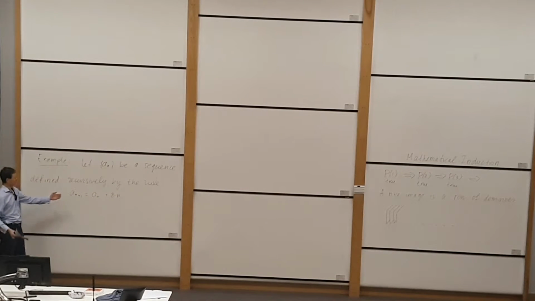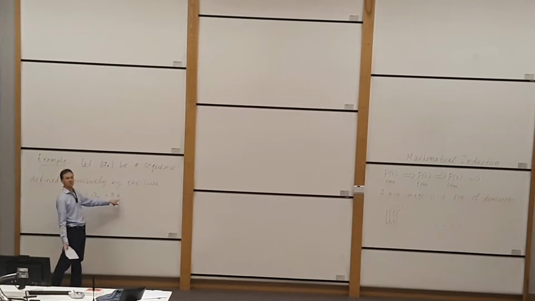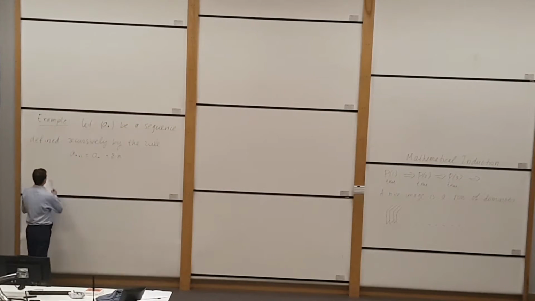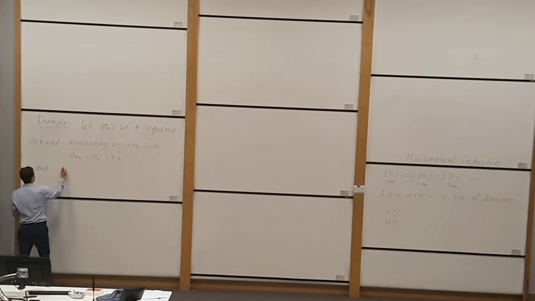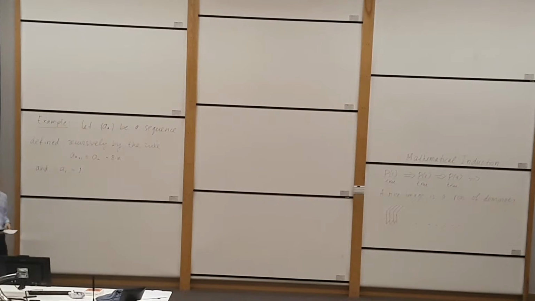So it tells you that to generate the next term in this sequence, you need to take the previous term and add to it 8 times the position n. And it's also given that the first term is equal to 1, so we can apply the recurrence relation many times and generate all the other terms in the sequence. So that's given. Prove